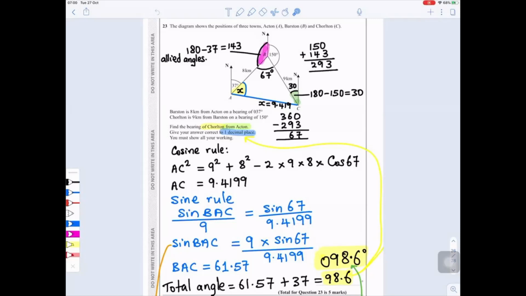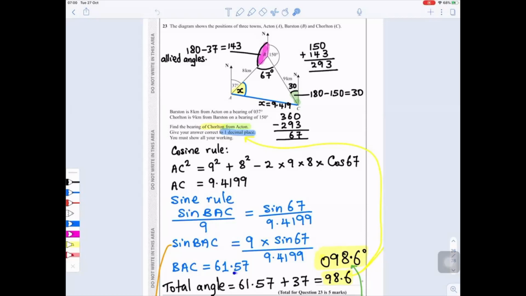To get sine of BAC, we can cross multiply: 9 times sine 67, divided by 9.4199. So that will give us